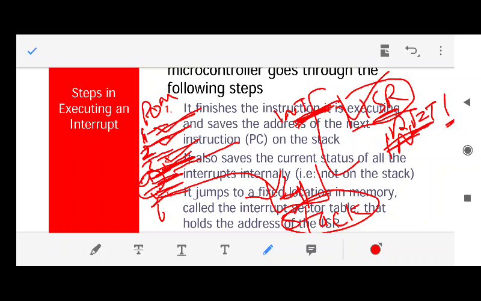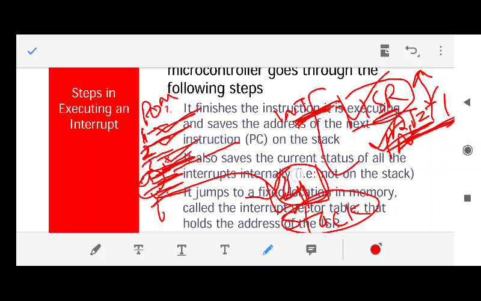So whatever this interrupt wanted to do is done from first line to last line, and the last line would be return from interrupt. As soon as this line is reached, it will check the stack to see whether there is something on it. Yes, there is line number 4 on the stack.